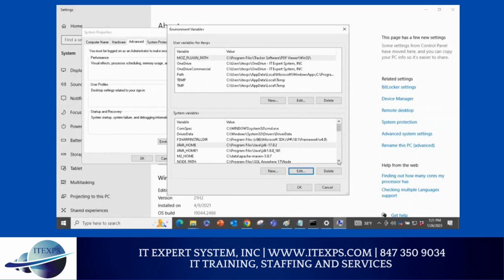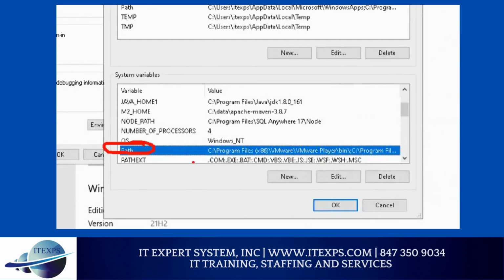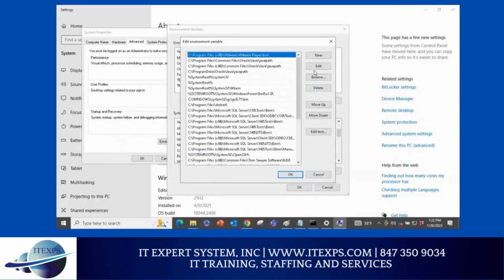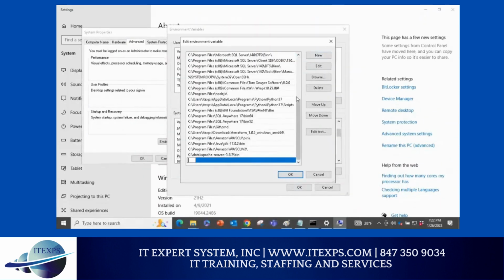Now scroll down a little bit and go to Path. So you are here, in Path. Now click on Edit. Click on Edit. And when you click on Edit, now what you're going to do? Same concept. Click on New. When you click on New, a new row will be added. And you do Ctrl+V